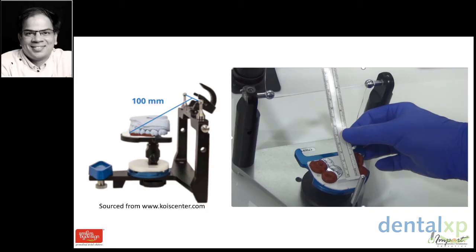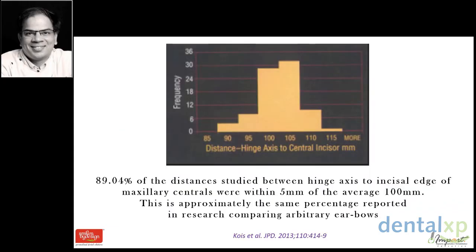So we look at some studies here and we realize that Kois himself has, before he designed this articulator, done the study where in 2013 he published this article where more than 89% of the individuals that were studied had the contact point of the central incisor 100 millimeters from the intercondylar axis or hinge axis, and that based on that he designed his